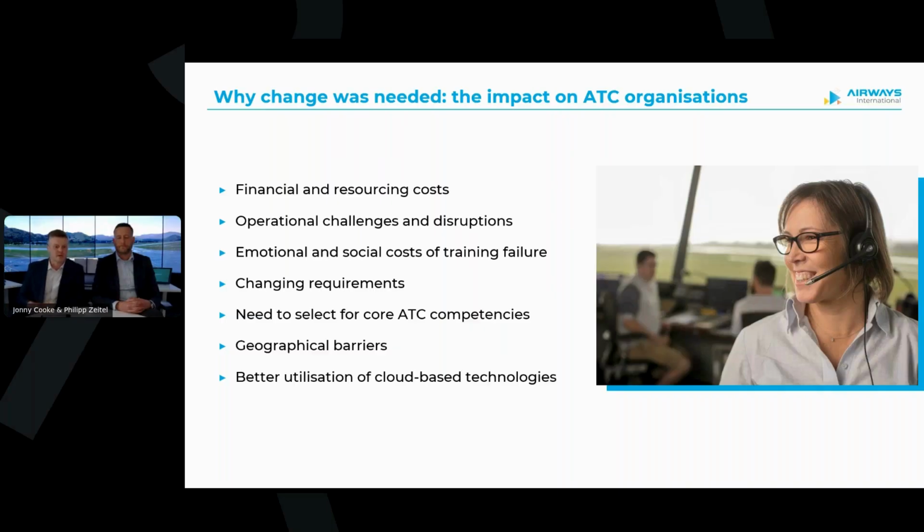So that's some of the stuff that when we talk about utilizing cloud-based technologies, looking at doing things a bit of a different way, those geographical barriers and trying to really widen that top end of the funnel to capture as many of those applicants as possible, at least for that initial screening, was really important to us.